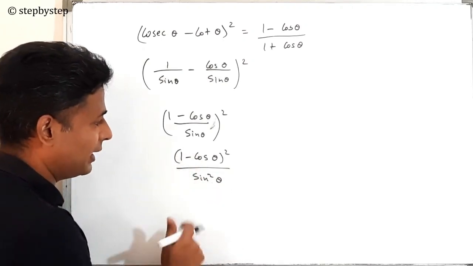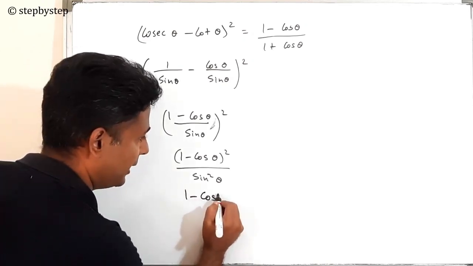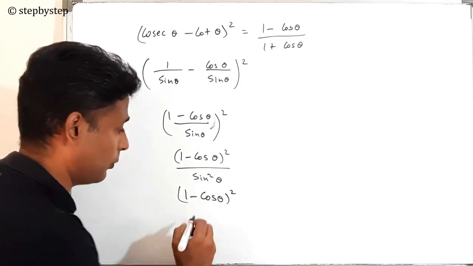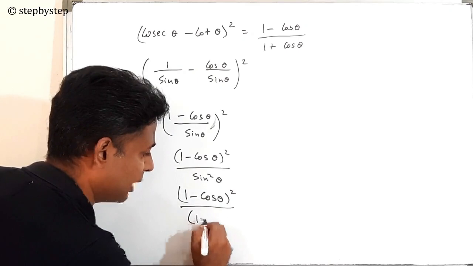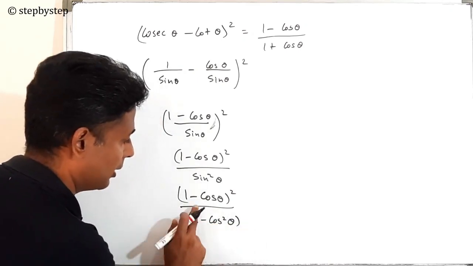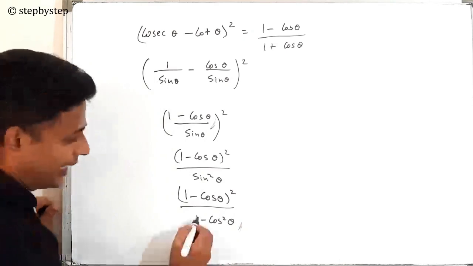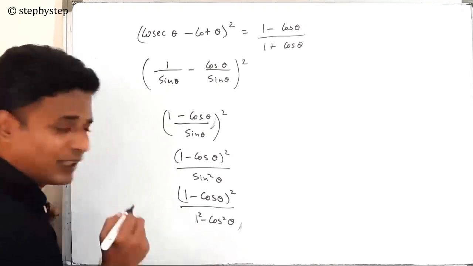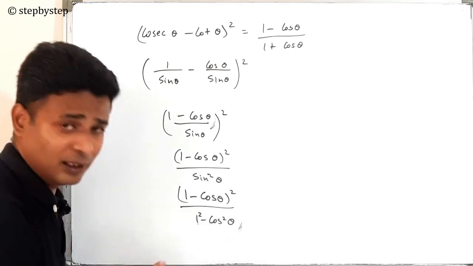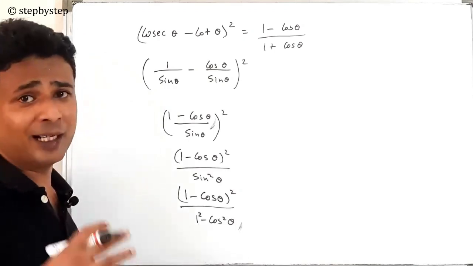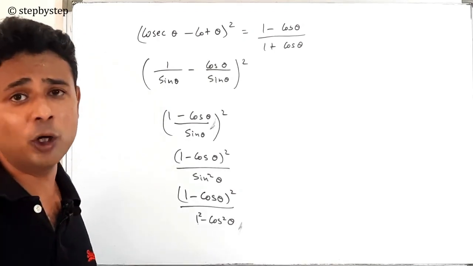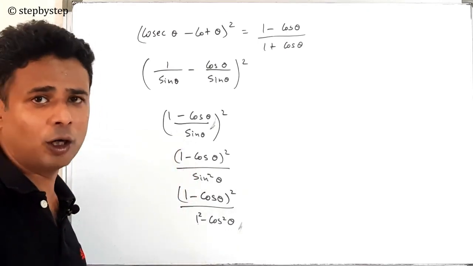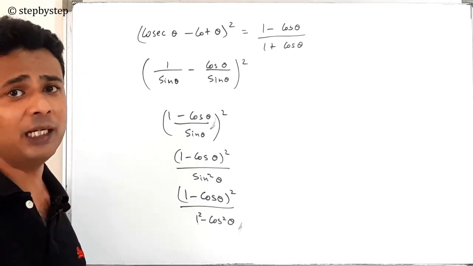Okay. Sin square theta can be written as, from identities, sin square plus cos square is 1. So sin square is 1 minus cos square. So instead of sin square theta, I can write it as 1 minus cos square theta, right? Okay. Now 1 can be written as 1 square because 1 square, 1 cube is the same thing. So I am writing 1 as 1 square. This is of the form a square minus b square. Guys, a square minus b square is (a plus b) into (a minus b). Very important identity for solving trigonometric identities. You will use this formula a lot.